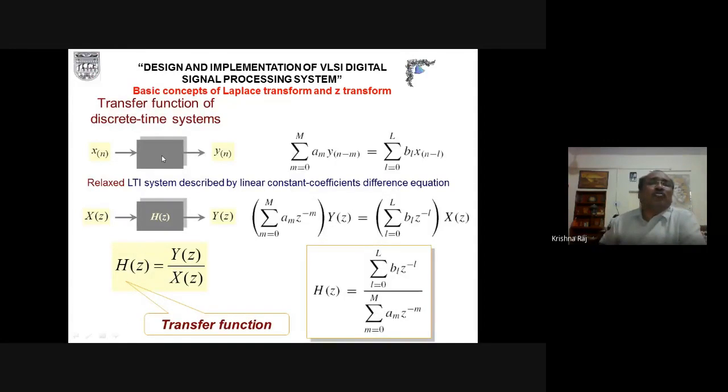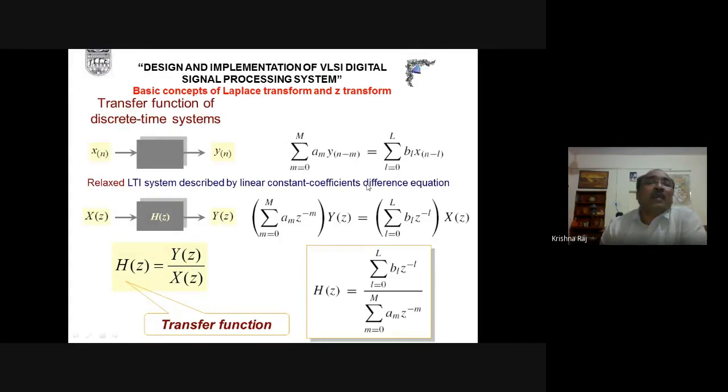Suppose we are interested in developing the mathematical model of any digital system, that is, a discrete time system. Naturally, the input of that system will be x(n) and the output will be y(n). As we described in the previous PPT, similarly here we will get the transfer function, the relation between y(n) and x(n). There will be a term with positive sign and a second one with negative sign, and this is also known as the ARMA model.